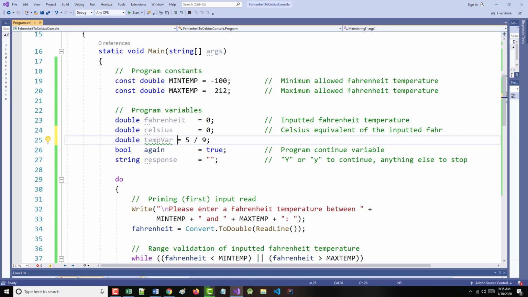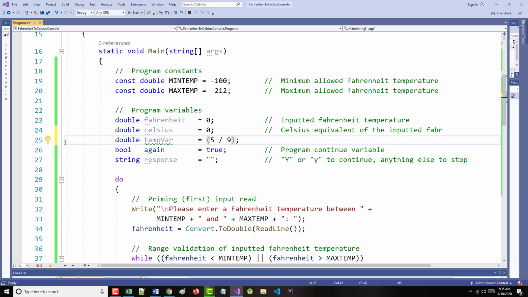First of all, if I was going to do that, I would put it in parentheses. But my guess is that even though we're putting it into a double, since I'm dividing an integer by an integer,